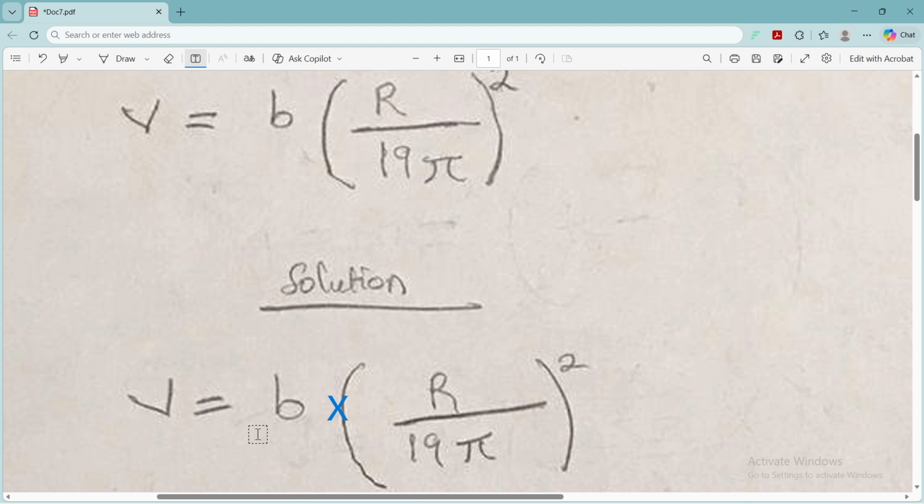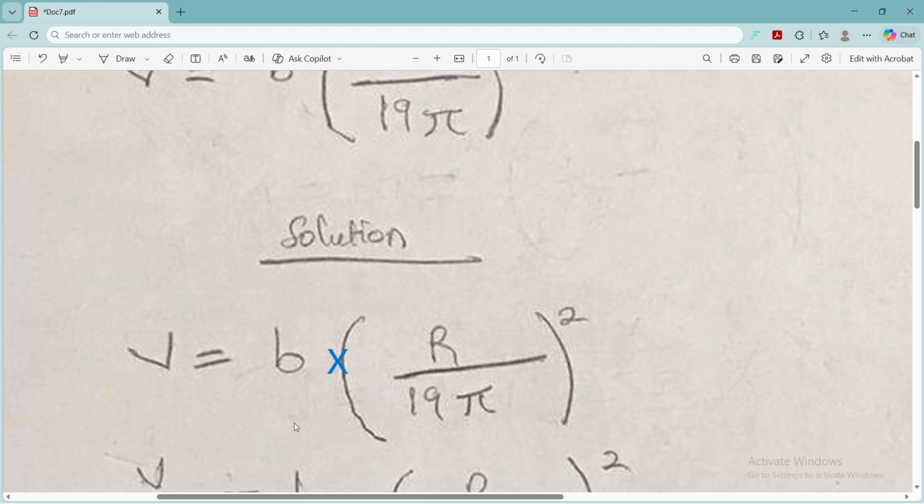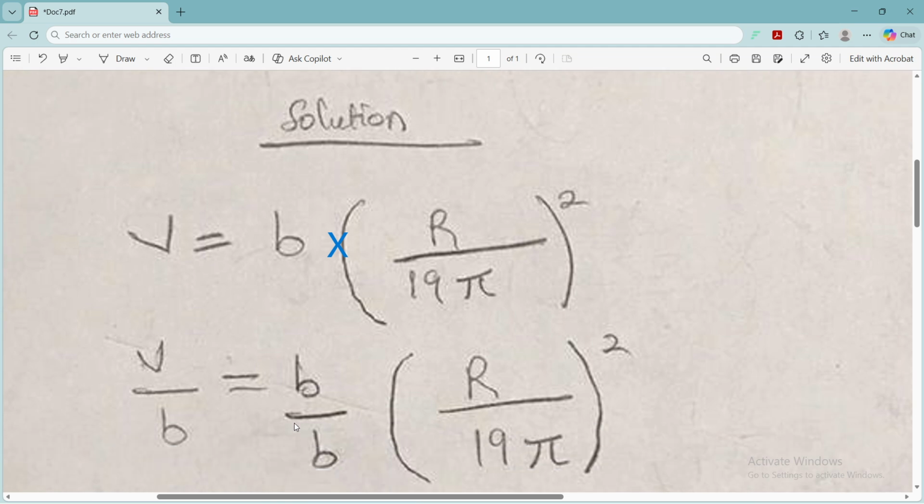And looking at our equation, the least common factor that could divide through B, cancel it out, and equally divide V, is B. So we are going to have our new equation to be the fraction V divided by B equals the fraction B divided by B multiplying, in brackets, the fraction R divided by 19 pi, bracket